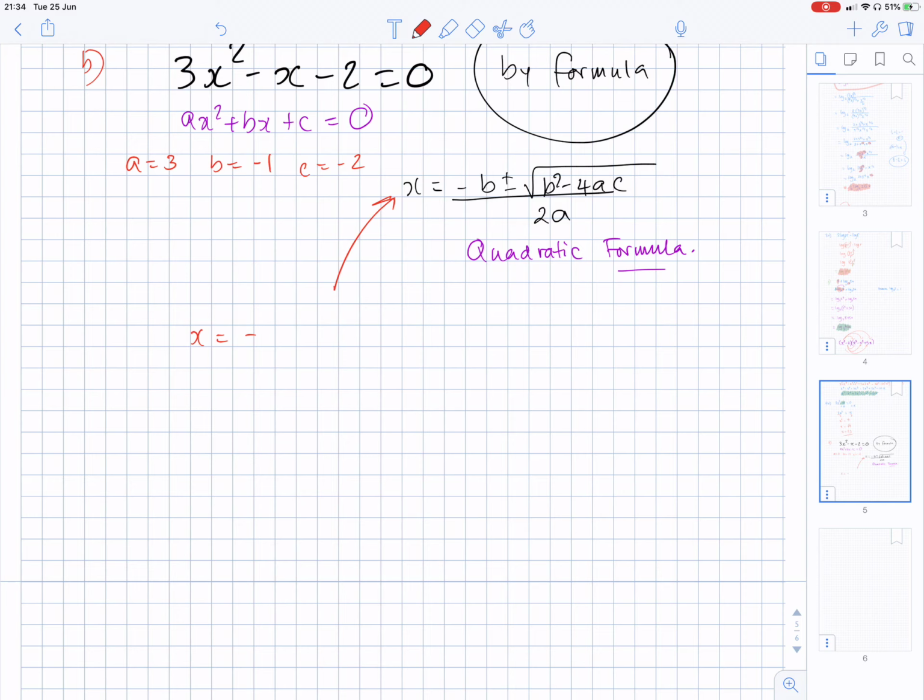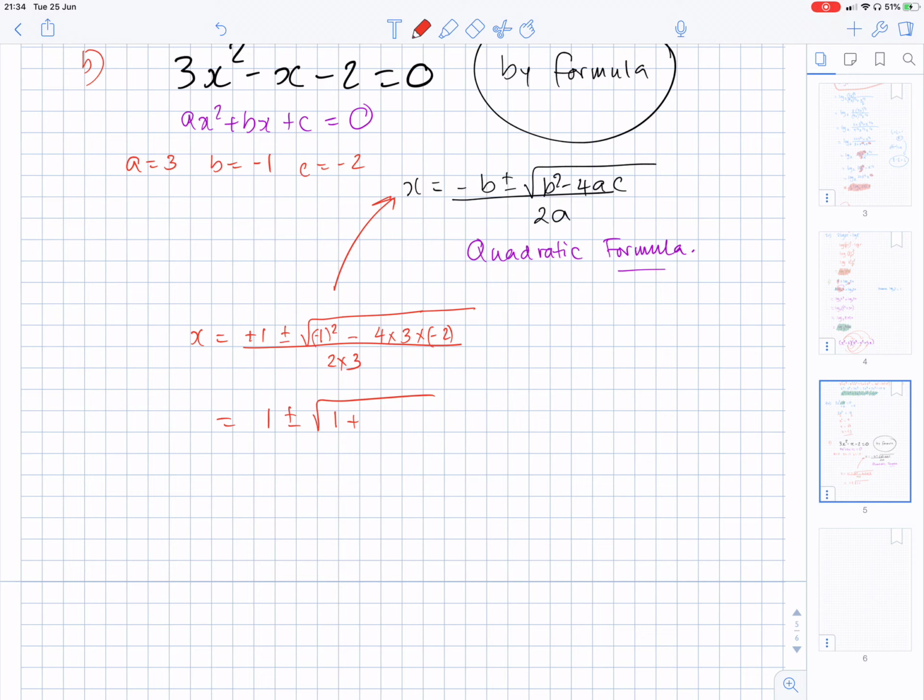minus b, but b is minus 1, so it becomes plus 1. Plus or minus the square root of b squared, which is minus 1 squared, minus 4 times a, which is 3, times c, which is minus 2. So this minus 2 and this minus here makes it a positive, over 2 times a. A is 3. So this becomes 1 plus or minus the square root of 1 plus 4 times 3 is 12